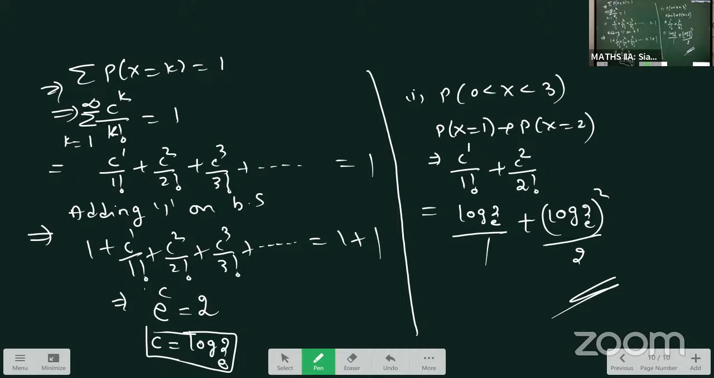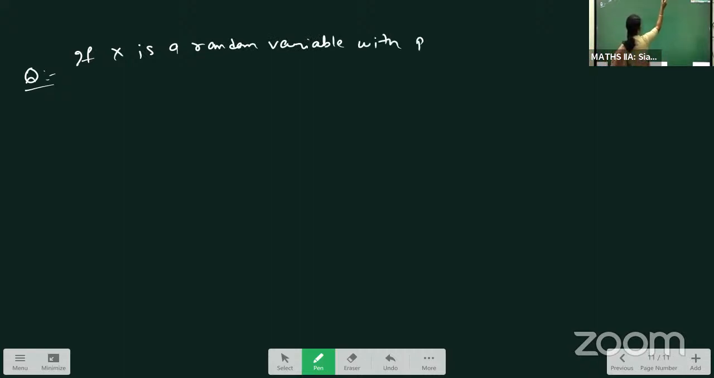One last question of this chapter, the same kind of question we have. Here also a different concept. The question goes like this. If x is a random variable with probability distribution,